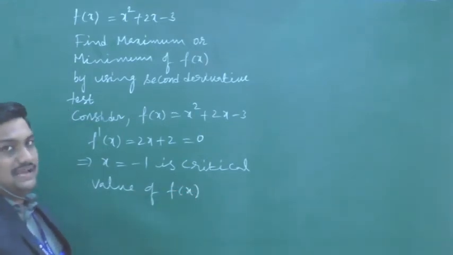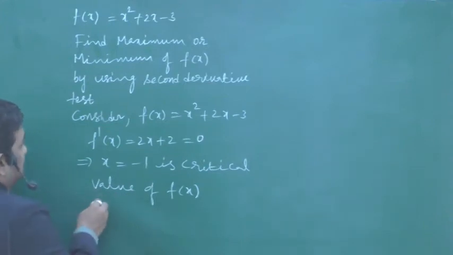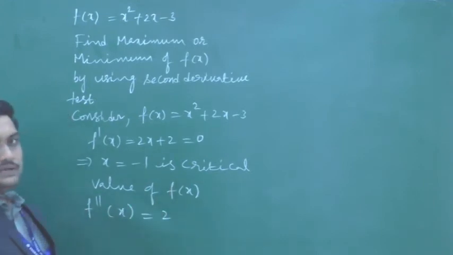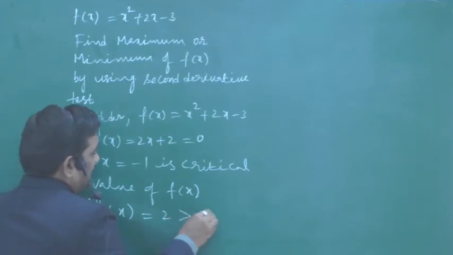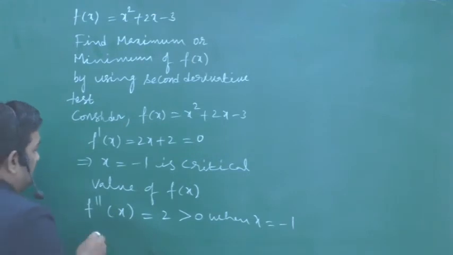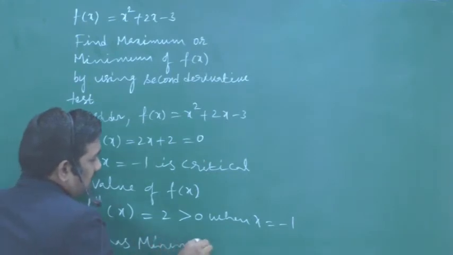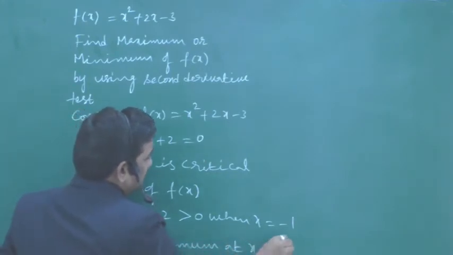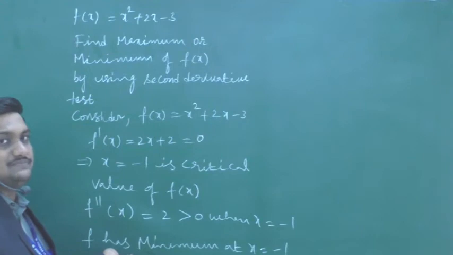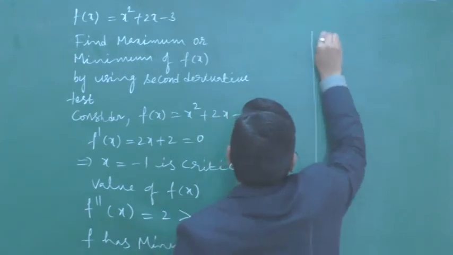At this value, the maximum or minimum of the function may exist. Now consider f double dash of x. This is equal to 2, and it is positive when x is equal to minus 1. So we can conclude that f has a minimum at x equals to minus 1. Since f double dash of minus 1 is positive, the function has a minimum at x equals to minus 1, and also the minimum value is